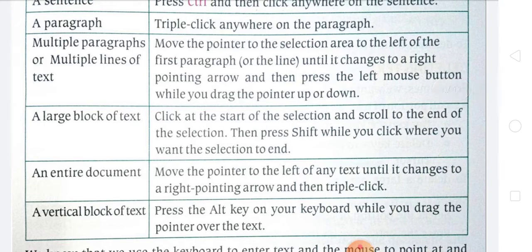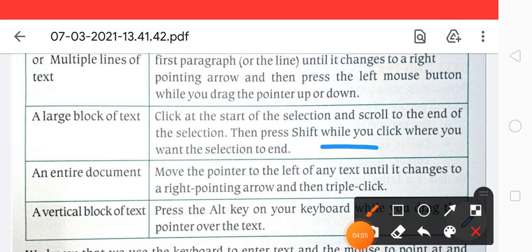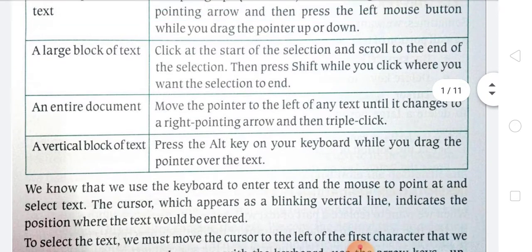For a large block of text, first click at the start of the selection and scroll to the end of the selection. Then press the shift key while you click where you want the selection to end.